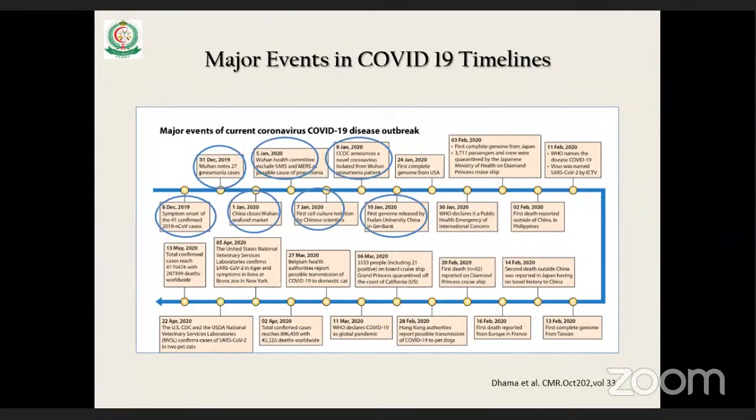And because the cases started to increase rapidly and spread outside China, to Japan, Korea, Thailand, etc., by 30th January 2020, WHO declared it a public health emergency of international concern. Then 2 weeks later, on 11th of February 2020, WHO named the disease COVID-19 and the virus causing it SARS-CoV-2, by the International Committee on Taxonomy of Viruses.